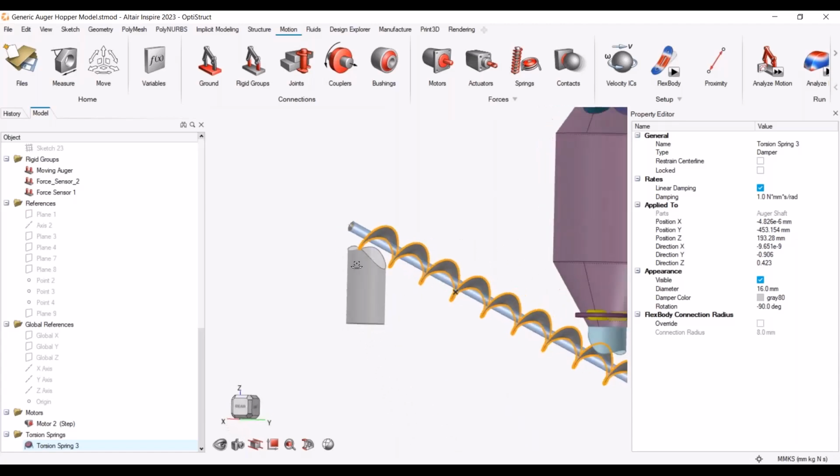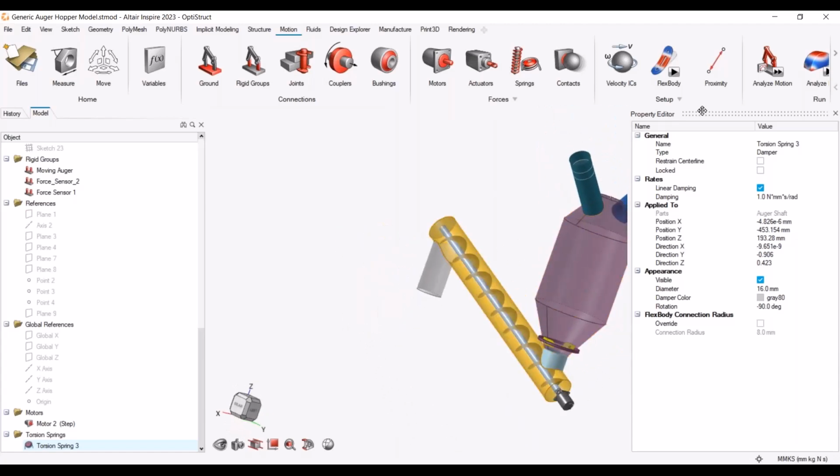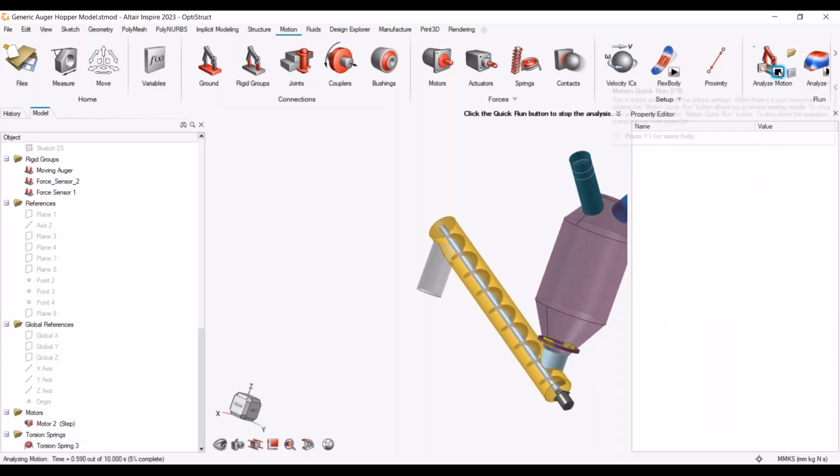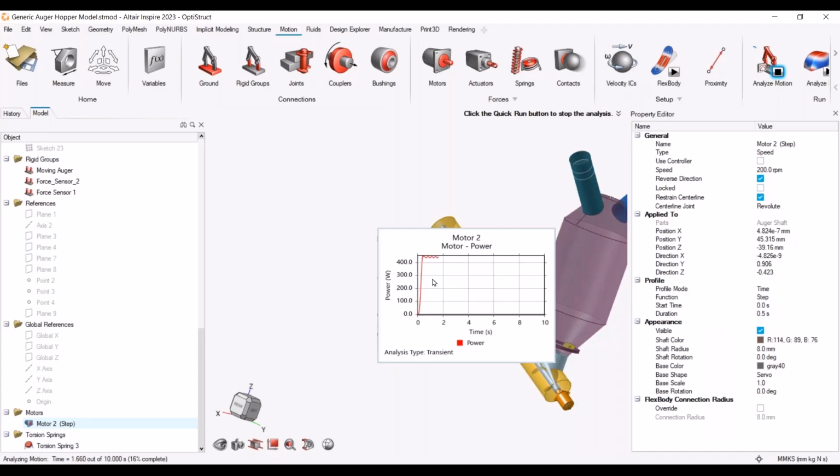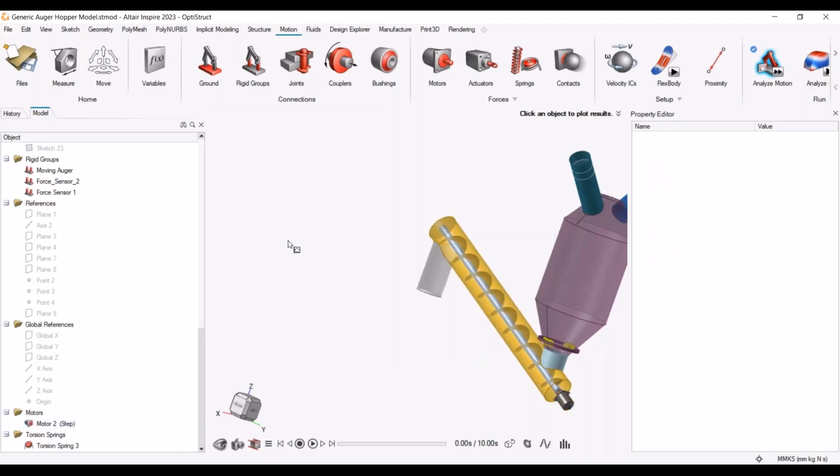So if we add that in and then rerun, bring everything back, run the model again, and even as it's running, we can go in here and look at what is the power output that we're getting. In this case, we're now somewhere up to 400 watts. Maybe that's higher than it should be. Maybe it's not high enough, depending on the application. But you can adjust the damping coefficient in that rotational damper to account for those parasitic losses if you would like. So at this point in the model, we would now take it the step further and export the model